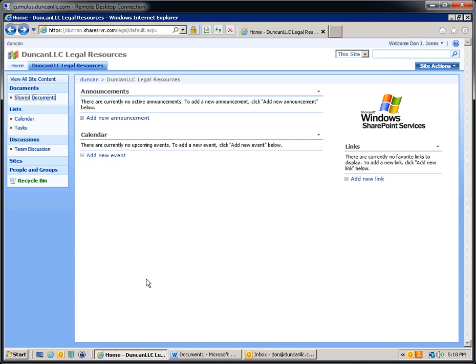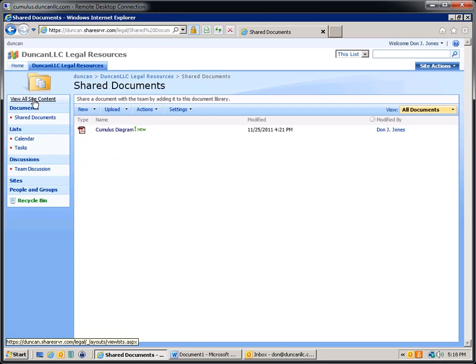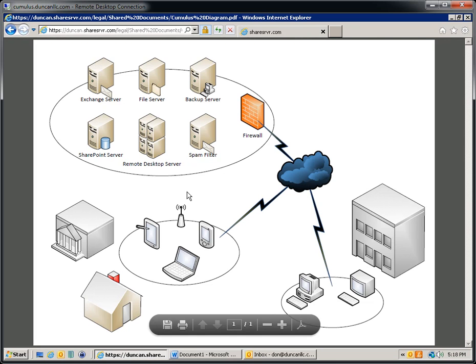bundled with our product. And I'm going to go over the servers that need to go into building a solution yourself like what we offer. I'm going to jump into our shared documents section here and our diagram here. You're probably familiar with some of this as it used to be the only way that you could get all this functionality. In order to build a system like this in your office, you need to invest heavily into many